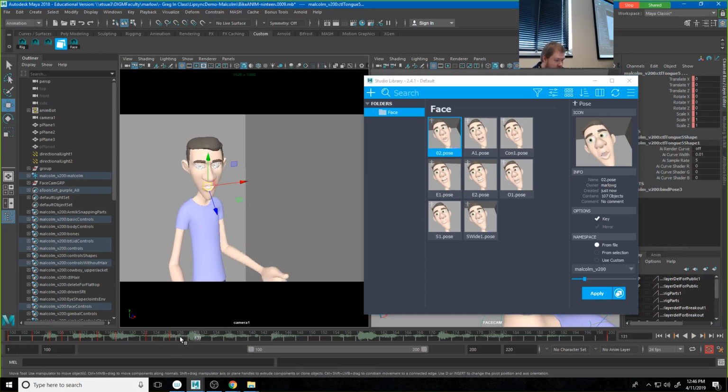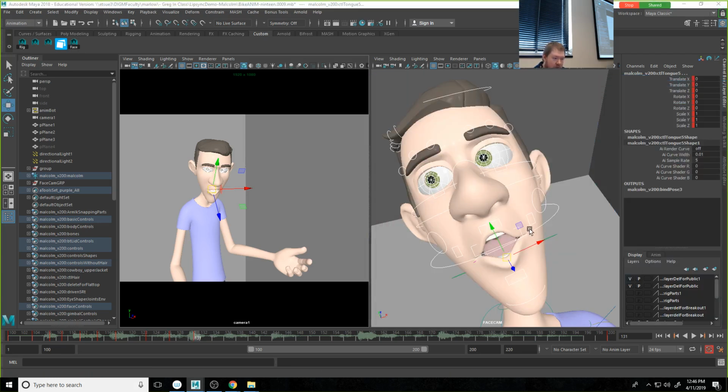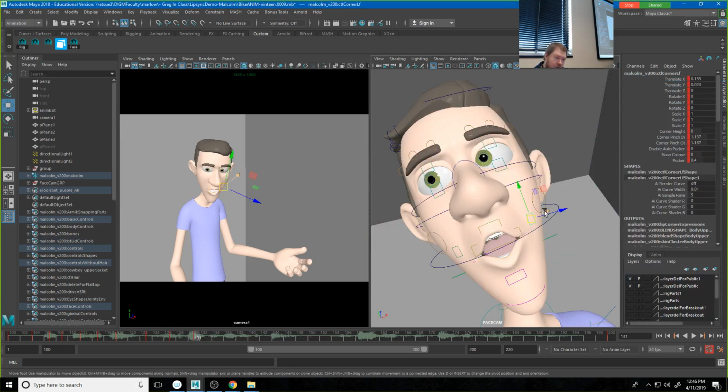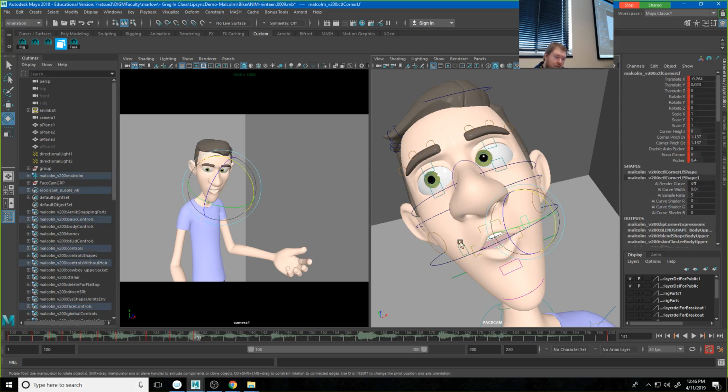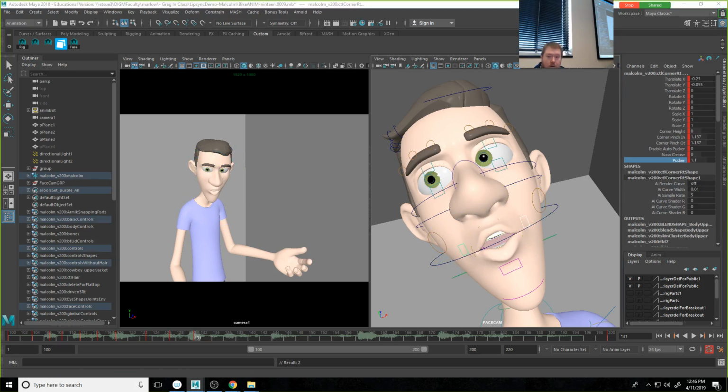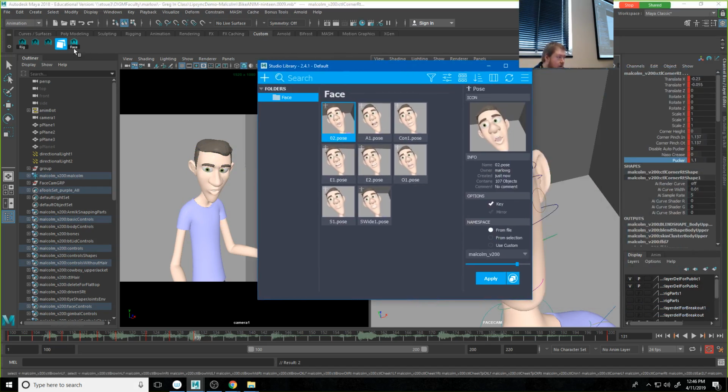So once I start getting these accumulated, you can start dialing in your animation much faster. So he's got this how. I could use that same O there, and then maybe make it a little more narrow for the W shape, right? So close the mouth just a little bit. And I thought there was a pucker on these too, right? So that will make this our